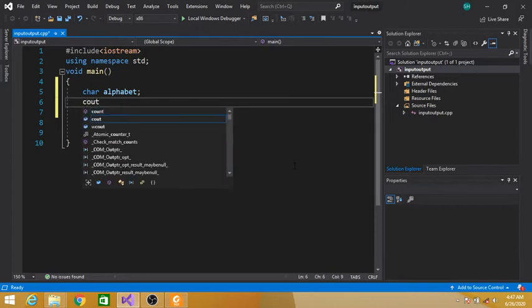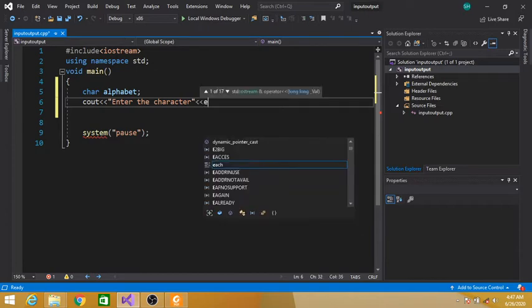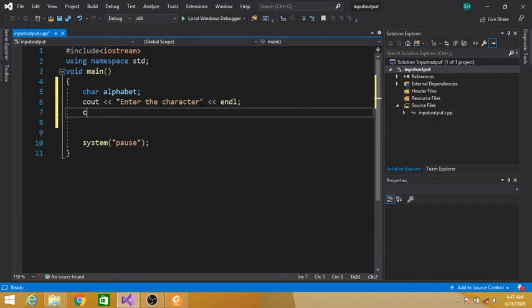Cout, enter the character, endl. Cin alphabet.